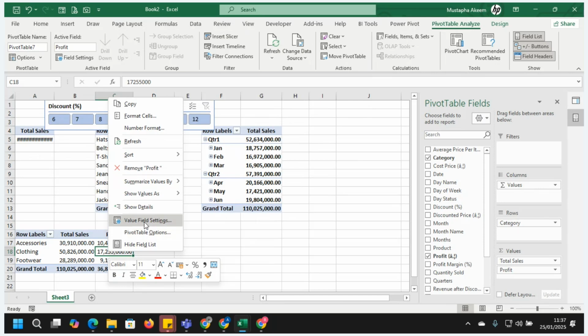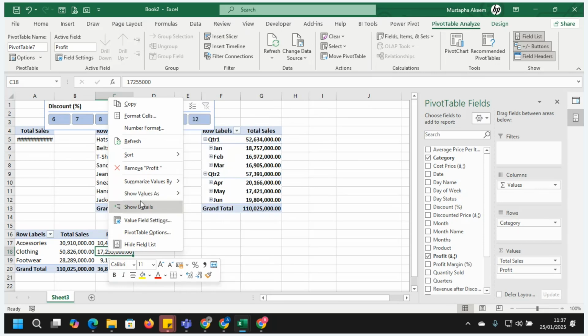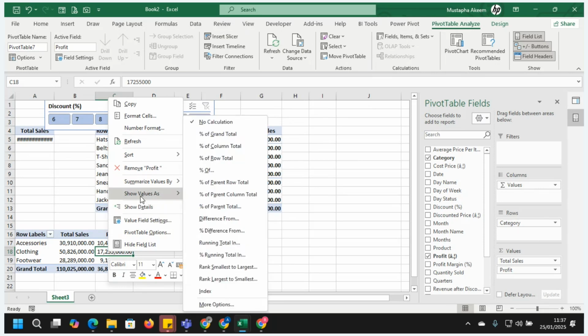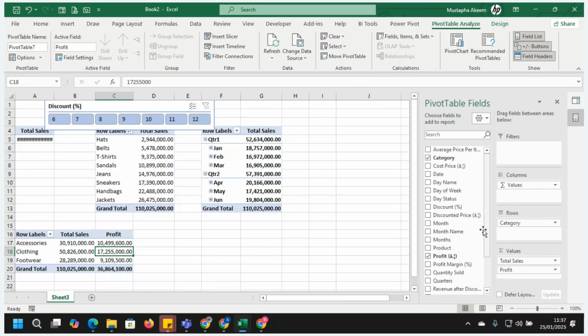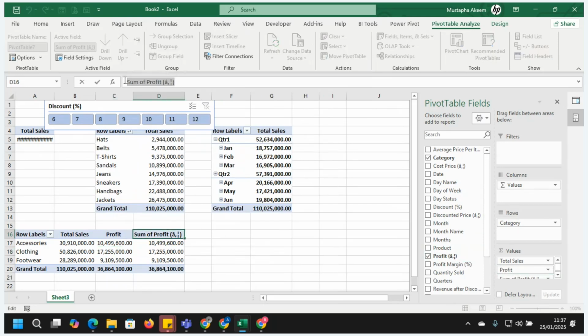What is this? I want to add a new additional column. Show value as this. Okay, let's bring the profit again. Under profit, so we have brought profit 2 times. I will change this one to percentage of profit, as a row item now.